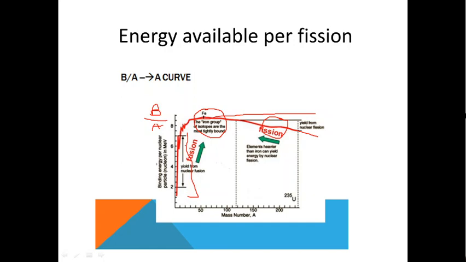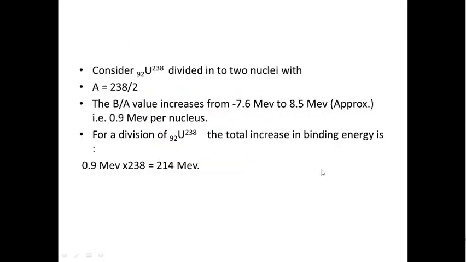The whole idea is, if you are able to fuse two lighter elements and move up the graph, then you are able to increase the binding energy in this part. For heavier elements, if you are able to break the nucleus into two parts, the two smaller fragments are then somewhere in this part of the graph, and when they are in this part of the graph, the binding energy is higher. So with higher binding energy, energy is released, and that's how you are able to generate energy.